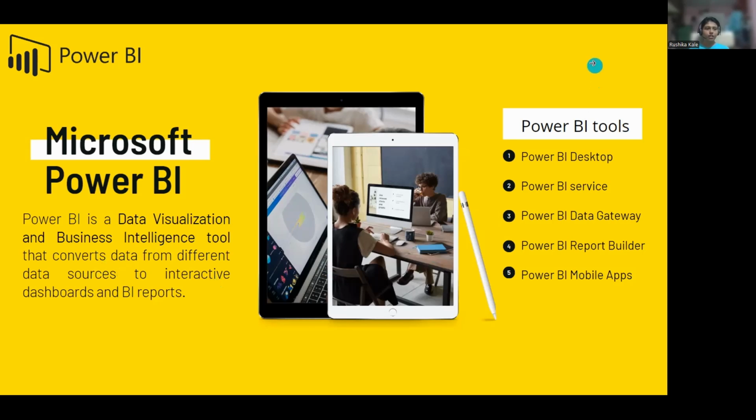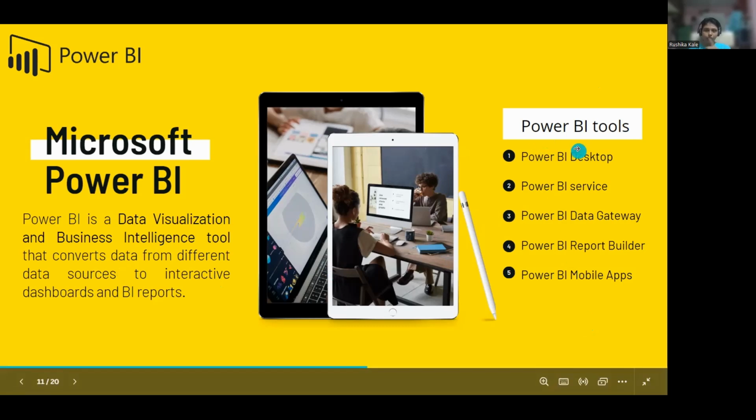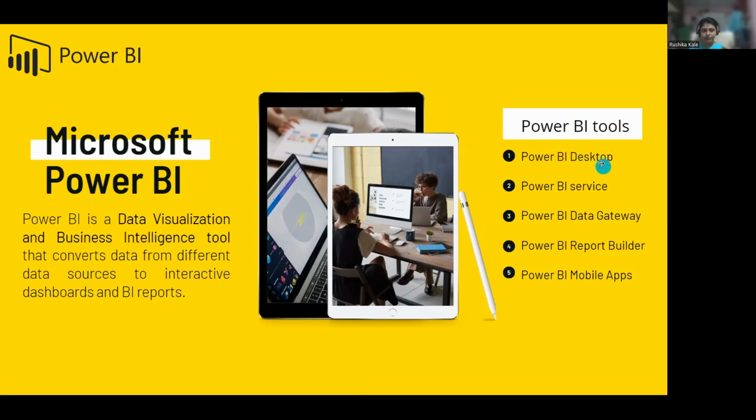Okay. So under Power BI tools, we have many different aspects. First of all, we have Power BI desktop. We have seen Power BI service. There is again a concept called Power BI data gateway. They are very small elements. The biggest one here is Power BI desktop only. The remaining ones, like service, data gateway, mobile apps, report builder, are smaller portions we have to understand. But out of these 5, we are going to focus on only the 1st, 2nd, 3rd, and 5th points. Report builder has a different purpose. You can self-study that topic.